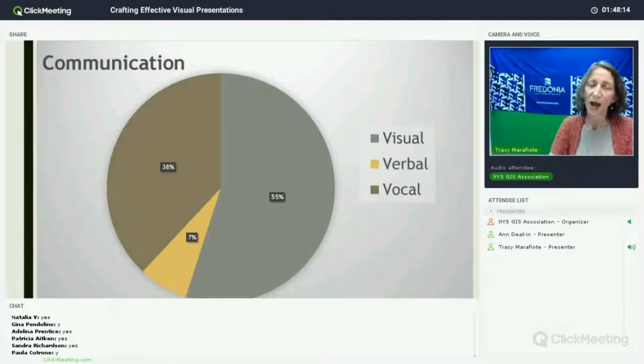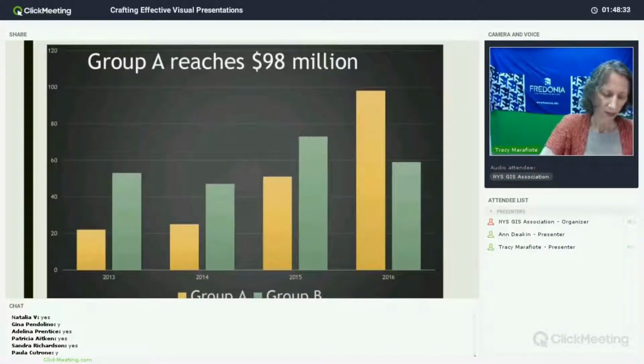And so if I was going to be using a chart like this in a presentation, I would want to make sure to talk about why it's important that the visual communication element is so much higher than the other elements, so that I'm not just leaving it up there for people to interpret themselves and figure out why this is relevant to the content of this discussion. All right, so as I just said, always make sure that you're explaining the relevance of the information on the chart, and like a slide, you should supplement what you're saying verbally, not replace it, not divert from it.